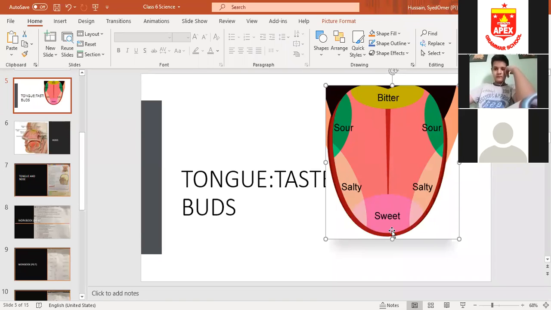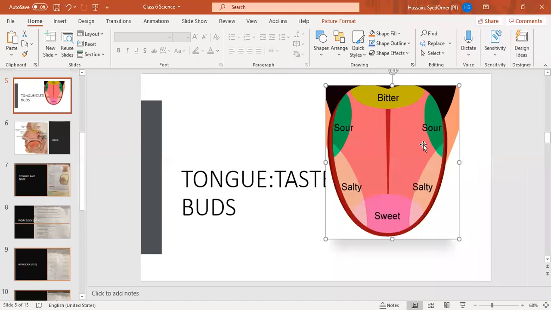and there are also nerve cells present all over the tongue, and these nerve cells, whenever we taste a food, if for example we eat a bitter food or a sour food, then the nerve cells present over here send the messages towards the brain, and the brain tells us what we are eating. The brain interprets the taste. Okay, so